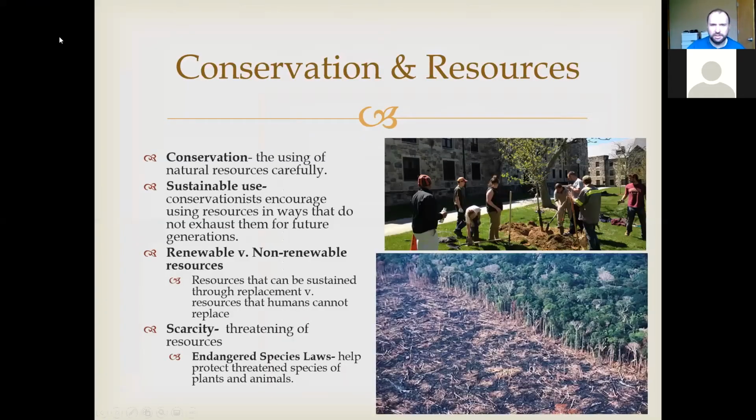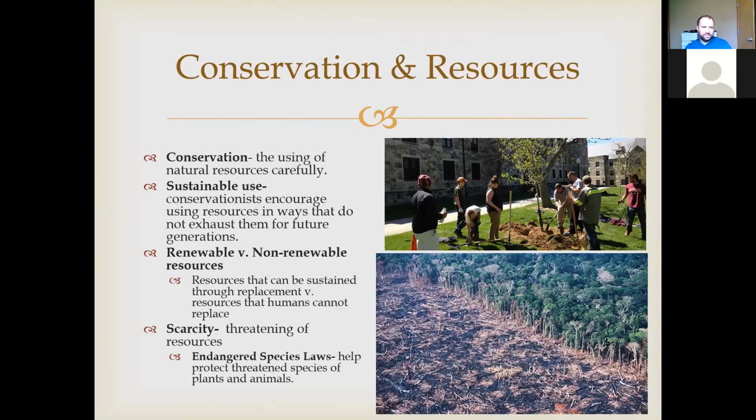PowerPoint. All right, so kind of the first thing, I'll just run through some terms and we'll talk about some stuff. And then, per usual, we'll go over some questions at the end of class and go from there.